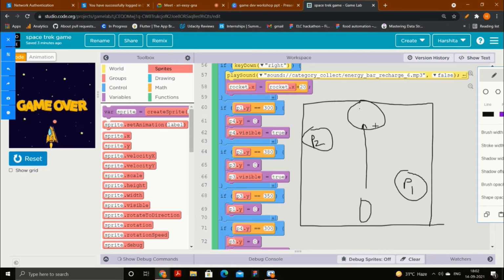If you remove the planet from the middle of the screen and place it slightly towards the right or the left, then even though it will not be visible, it will not create any trouble, because the rocket will go like this. It can come down the screen in this manner or in this manner, but just don't put it exactly in the middle of the screen, otherwise this will happen.